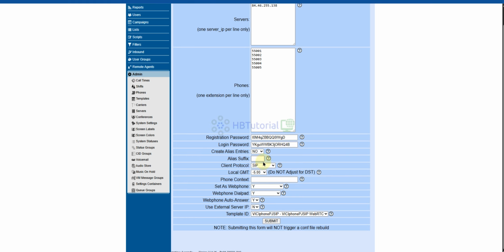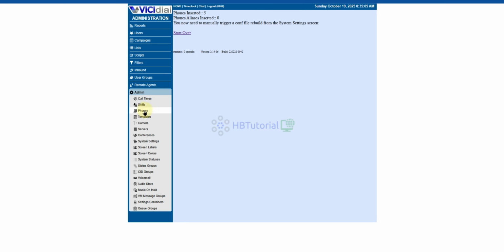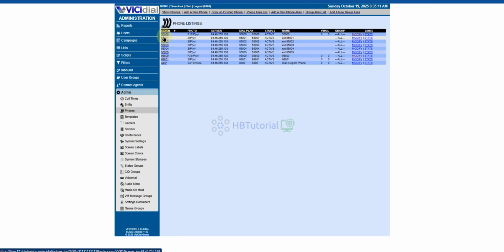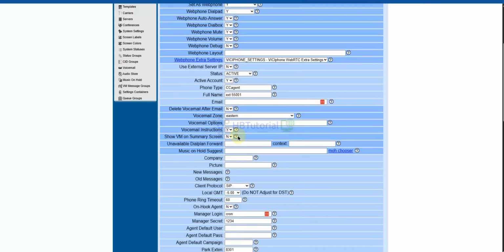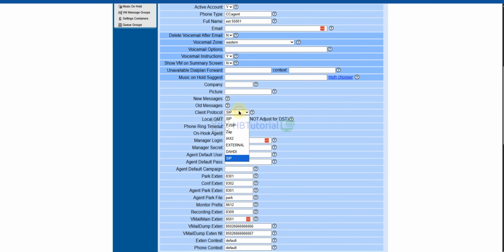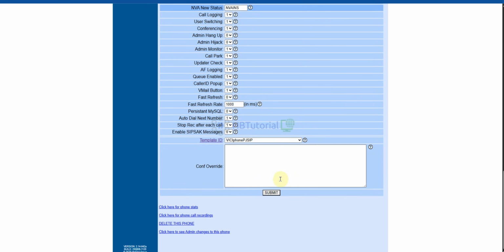Okay, template ID and submit. Then you now have your list of phone extensions. The agent screen login should have an A, so we just change this one because I'm using PJSIP.